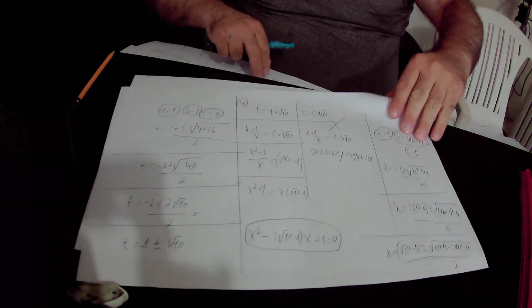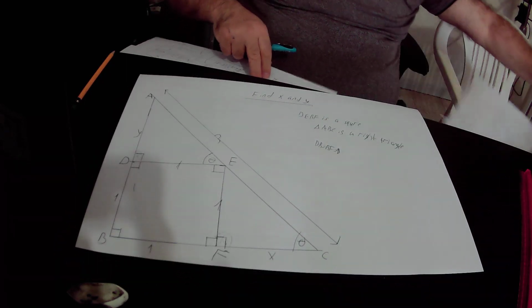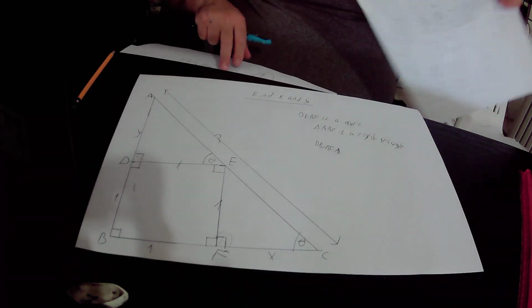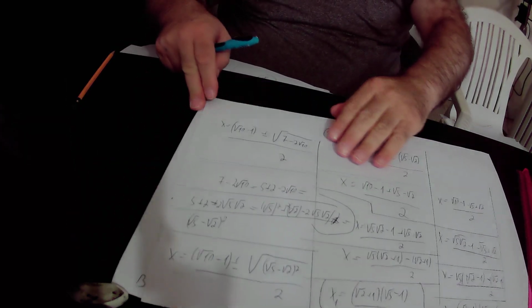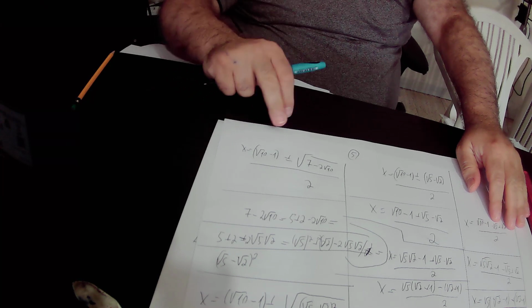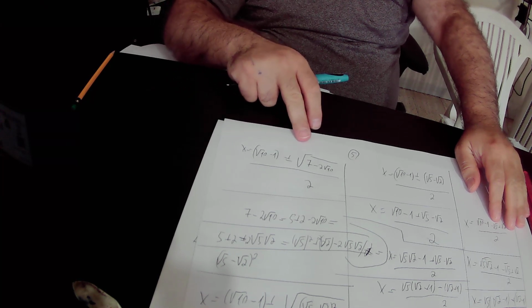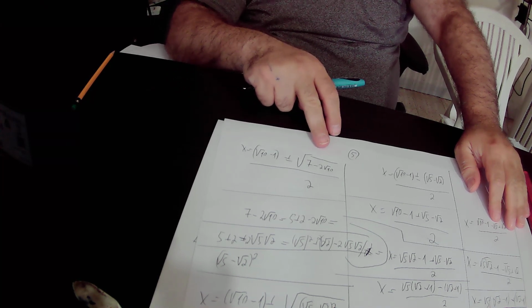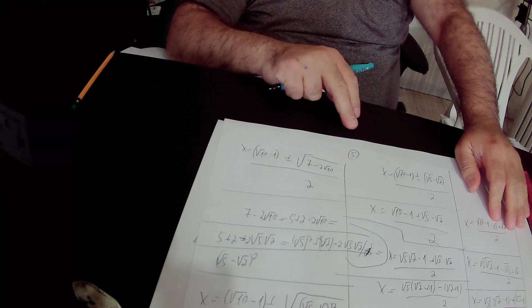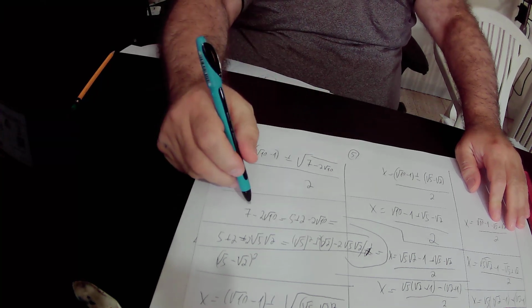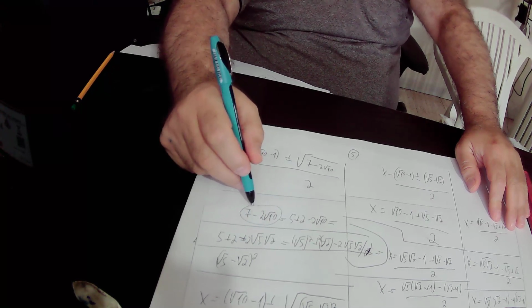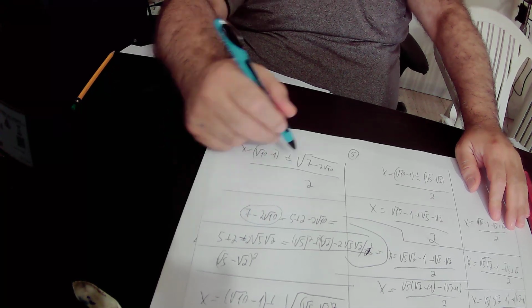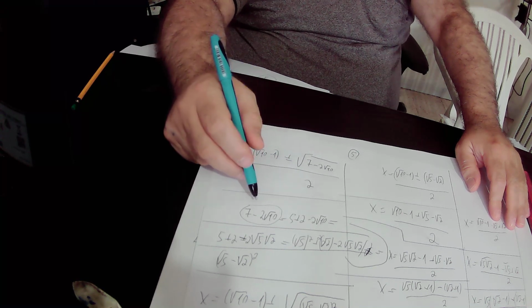So in conclusion, we found out that x equals square root of 10 minus 1 plus or minus the square root of 7 minus 2 times square root of 10, over 2. So what is the value of 7 minus 2 times square root of 10? The value of 7 minus 2 times square root of 10, inside the root, it is actually 7